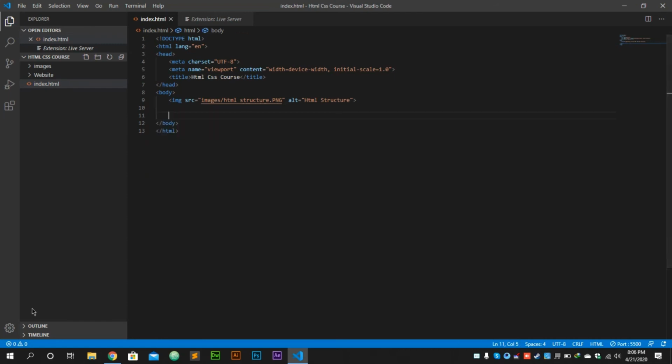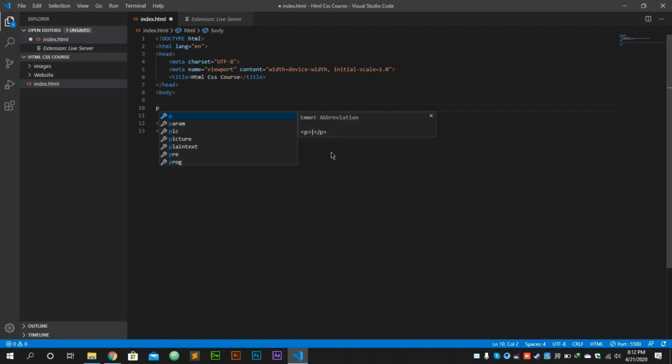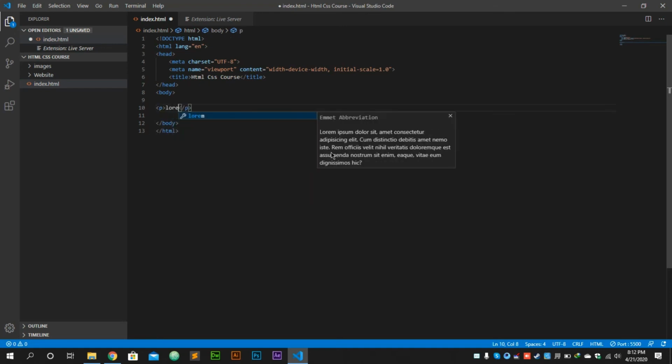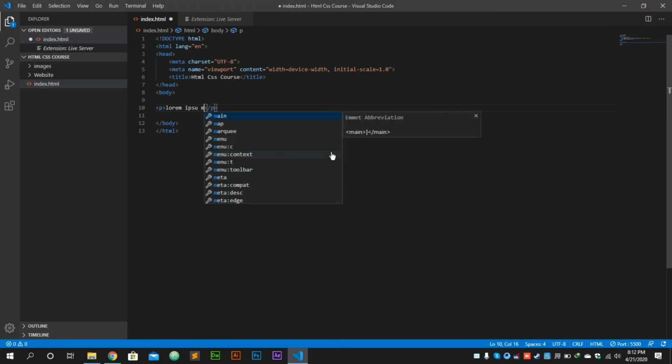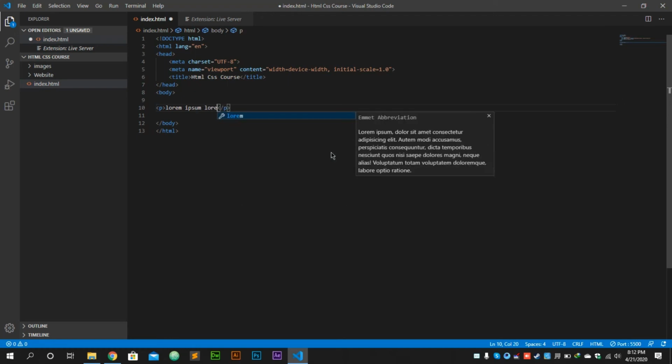Now we are going to start with CSS also. Friends, there are three types of CSS. The first is inline CSS. So what is inline CSS? If I add a paragraph with lorem ipsum, it is an example text.